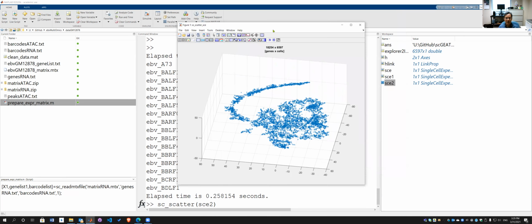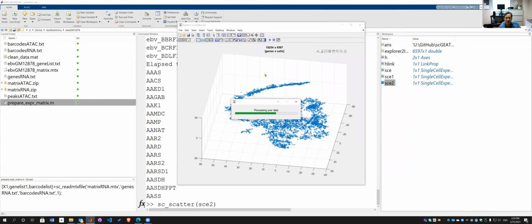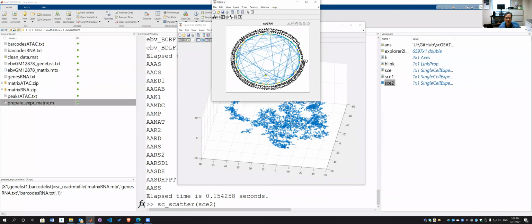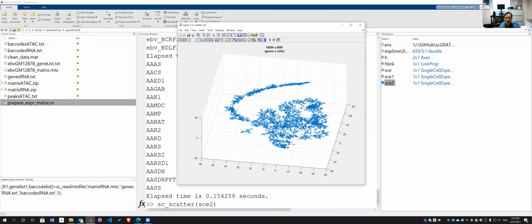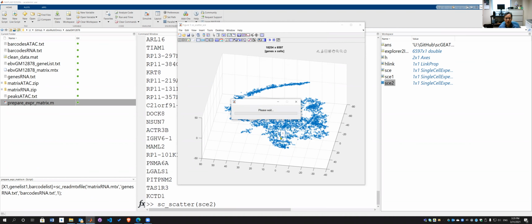Don't think this is correct. Let me select another set of genes. So let's try human genes. There's something wrong with this, so I have to figure it out. If you choose the list of genes like this, paste your genes in there, you should be able to get